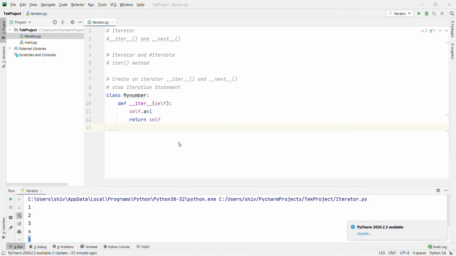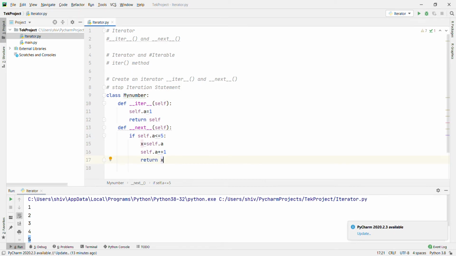Okay, I'm going to define __next__. If self.a is less than or equal to 5, then x = self.a. Okay, this is a colon here, and we are going to increment the value of a: self.a += 1, and then return x.